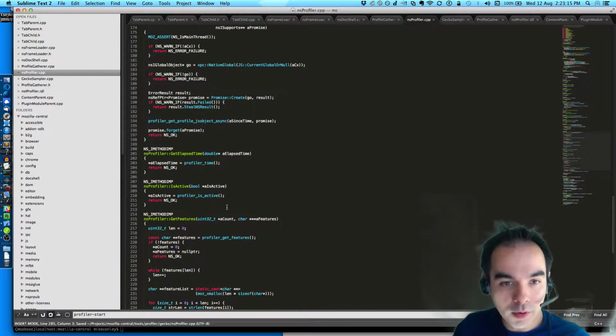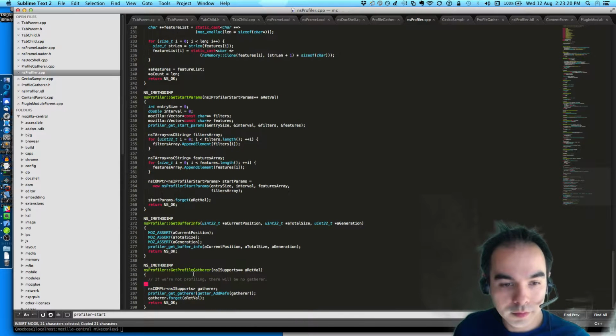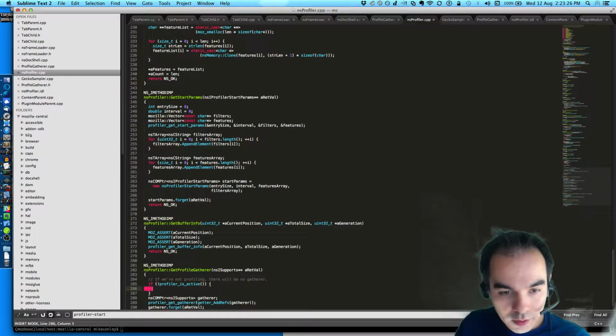So how do we find out if we're profiling? Get is active? If not profiler is active, a ret val equals null pointer, return, else.